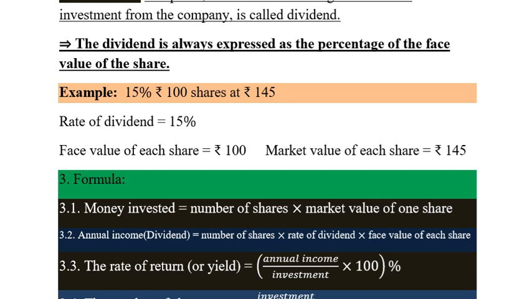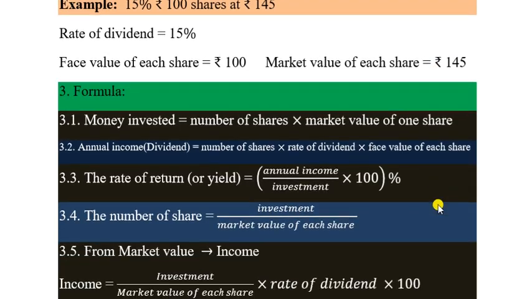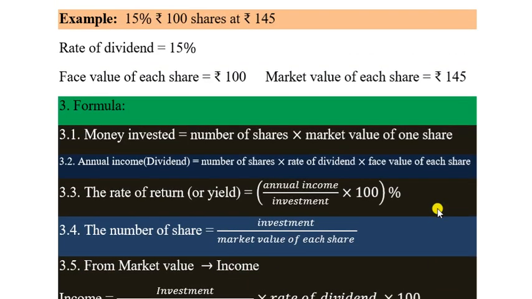Now for share and dividend, you can find out the number of shares also, because you can buy 20 shares, 30 shares, or 10 shares. So we have to find out the number of shares from our given question. Before going to solve an example, we have to learn a few formulas for this chapter. Here, if you see, you can understand, I have written some formulas here.